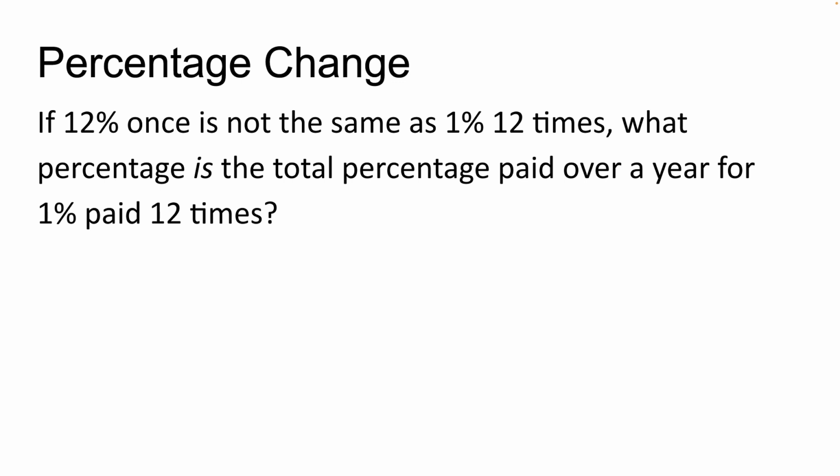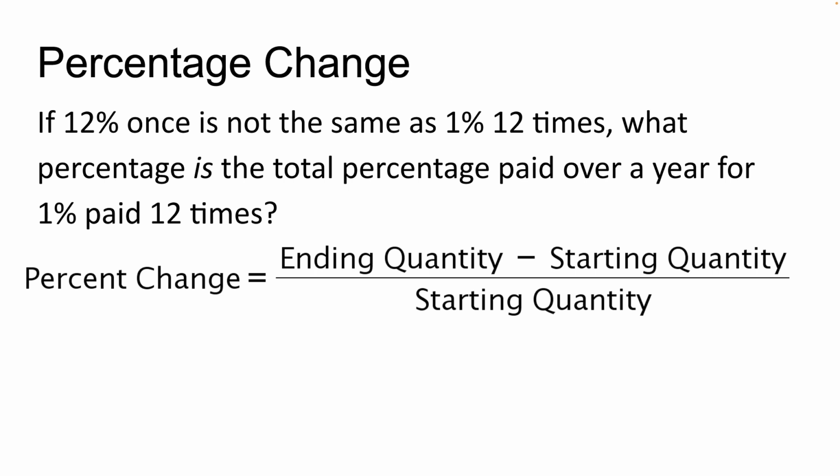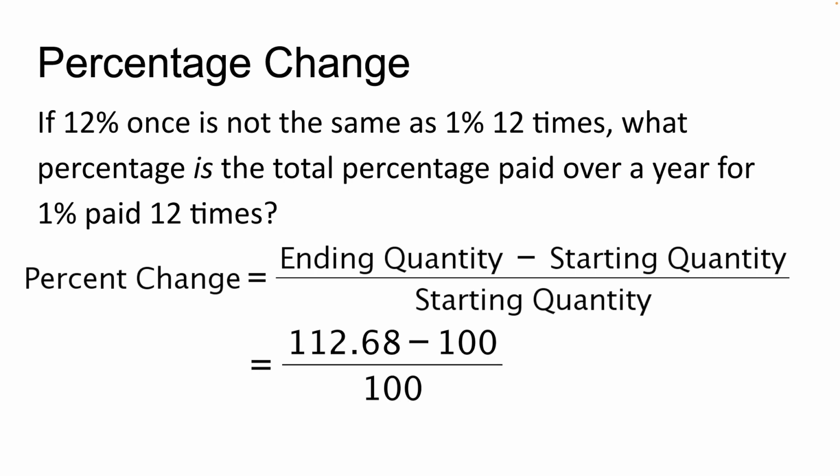Really what we need to do here is calculate the percentage change. To find the percentage change, we need to take the ending quantity minus our starting quantity divided by the starting quantity. So this means that we need to take $112.68, our ending balance in the account where it paid 12% interest compounded monthly, minus our starting investment, which was $100, divided by our starting investment, which was $100. This comes out to be 0.1268, which is